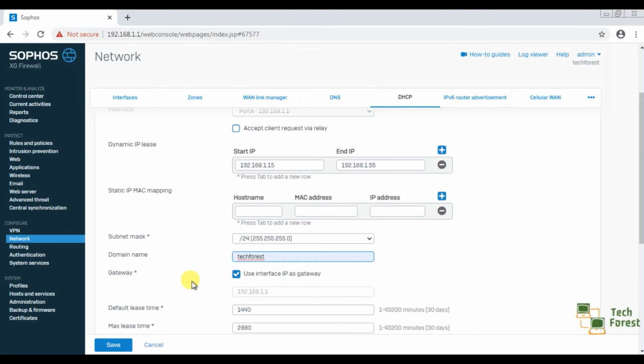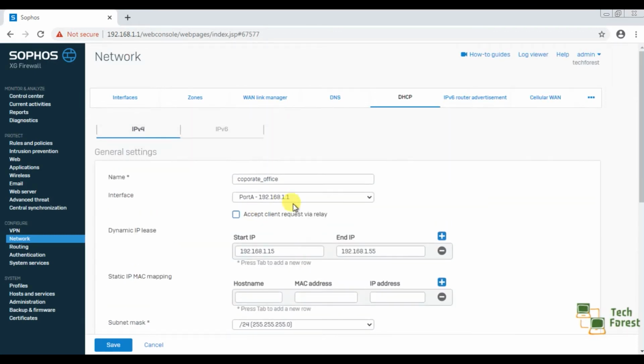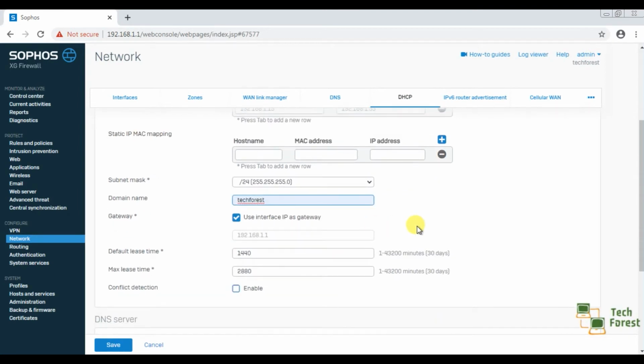Next option is gateway. If you are using your firewall as the first internet-facing device, like the direct cable coming from the ISP is connected to the firewall, then the IP address of this firewall LAN port will become the gateway for all other networking devices.